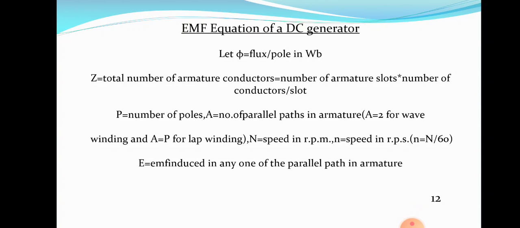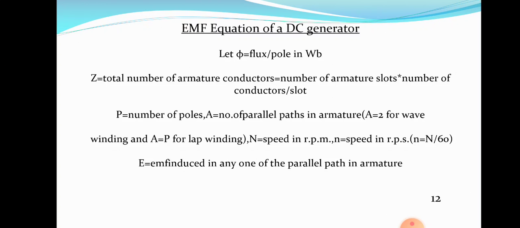We know that DC generator consists of armature winding and field winding. Field winding provides flux. That flux cuts the armature winding of the rotor and an EMF is induced in the armature. That EMF has an alternating nature or AC nature. We have to rectify that generated AC into DC with the help of a commutator. So it is named as mechanical rectifier. We studied all these things in the previous class. This is our third class.